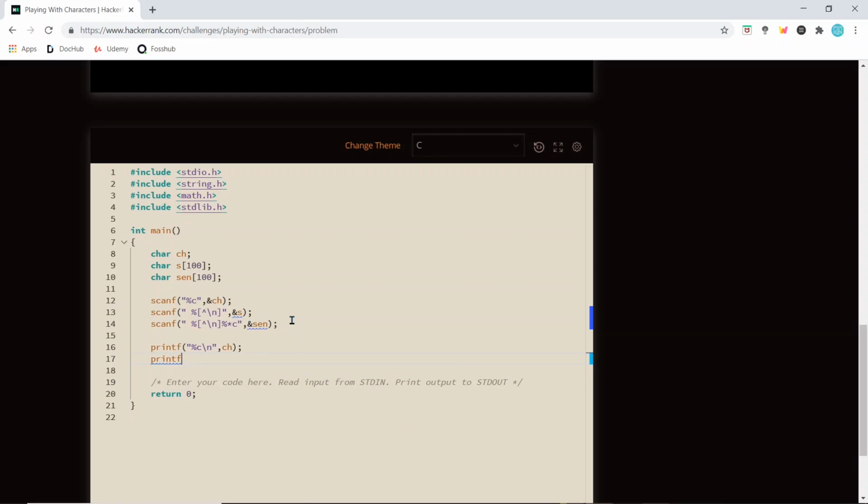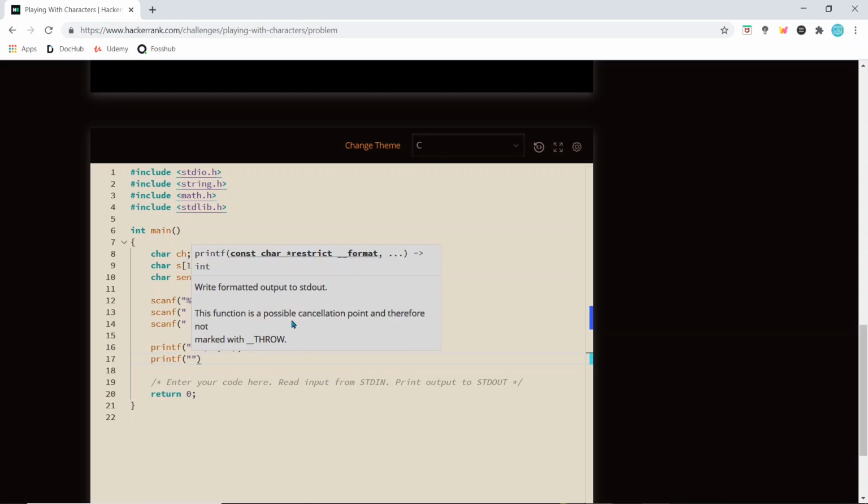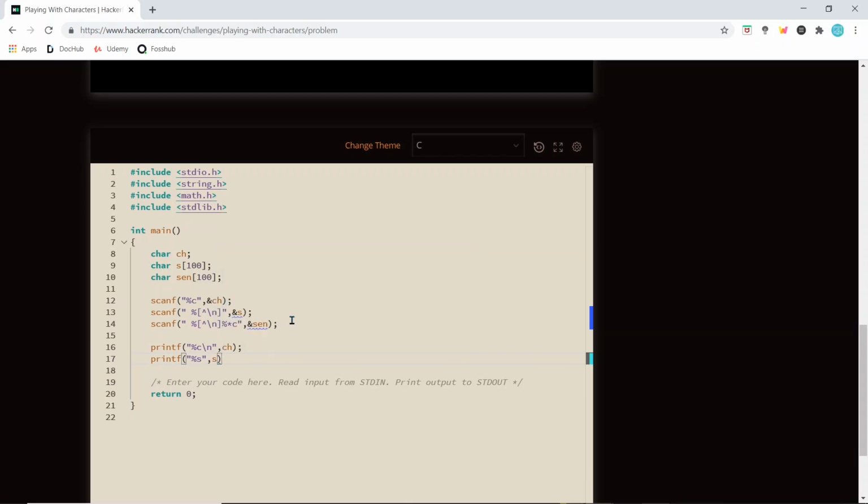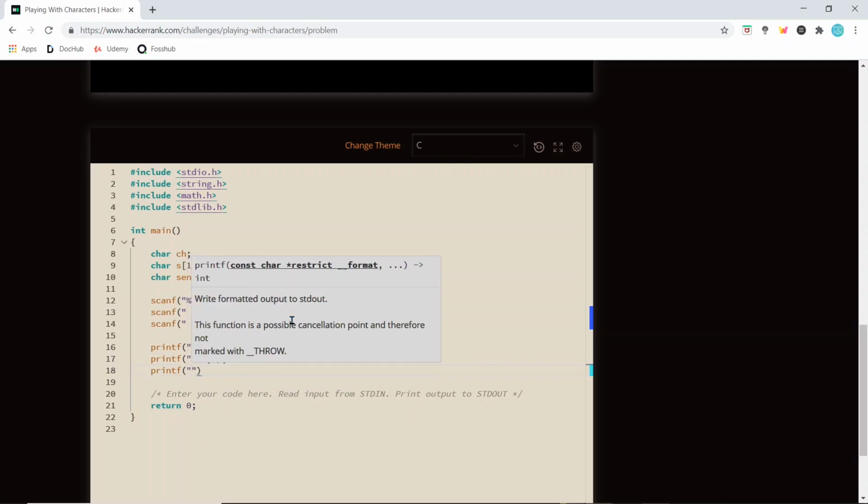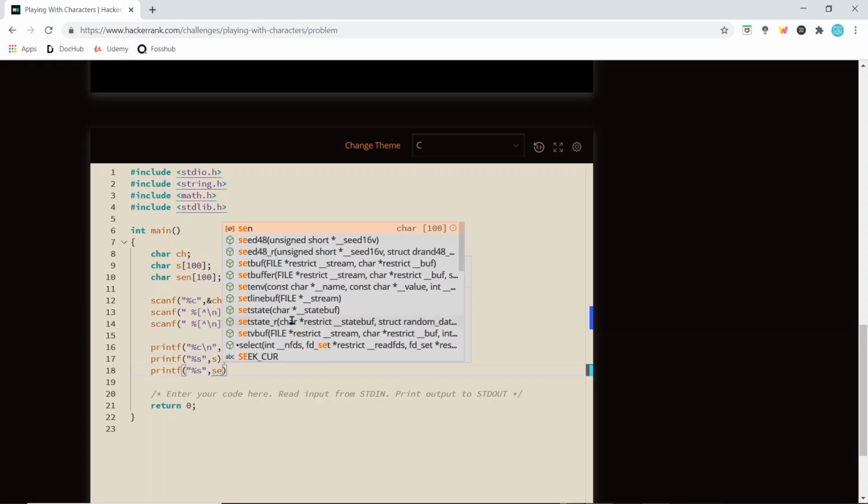Okay, this is our string, and we put in %s and then a comma and then the name of that string, which is s. Another declaration, %s, the name will be sen for the sentence.